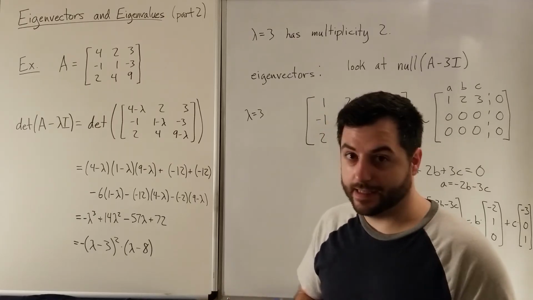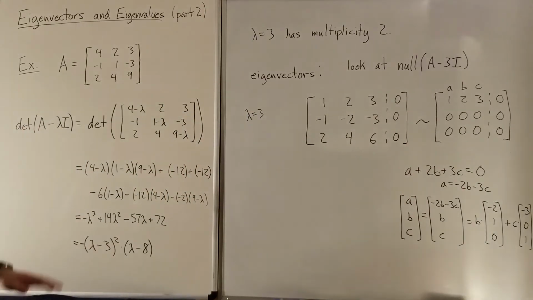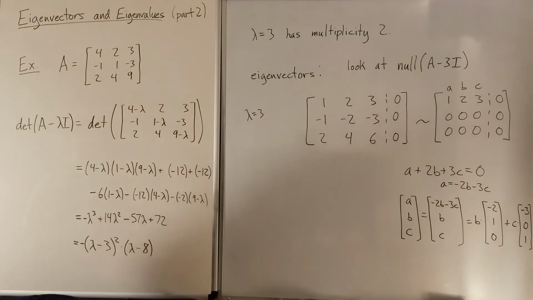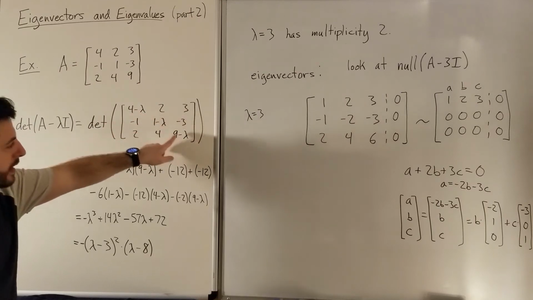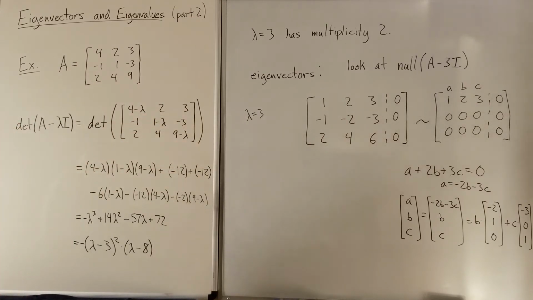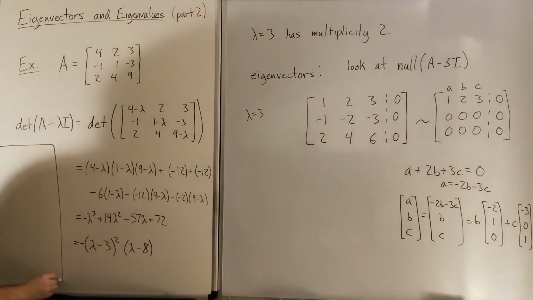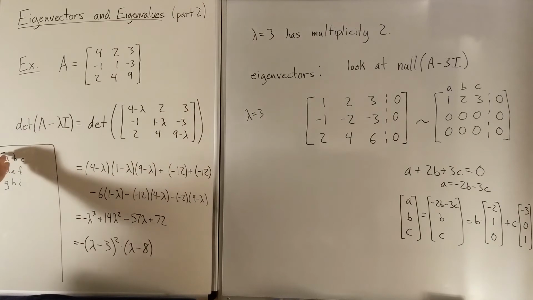Let's look at this slightly nasty example. So we have this 3x3 matrix A here, and I want to determine the eigenvalues. So I'm going to take the same matrix with lambda subtracted off each of the diagonal entries, and then we're going to take the determinant of that. And remember, the determinant of a 3x3 matrix can be found by doing something like this. So if you're trying to find the determinant of this,